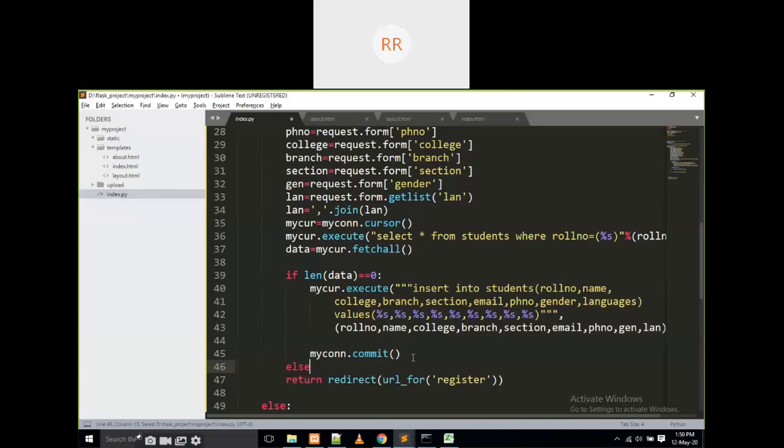Else what I have to do? I have to print already inserted.